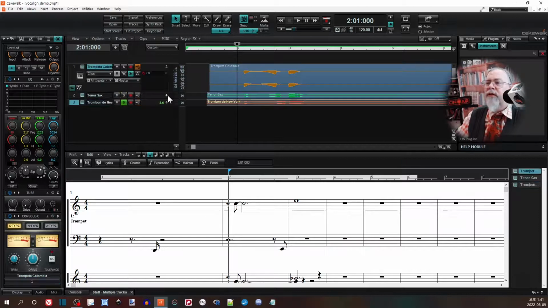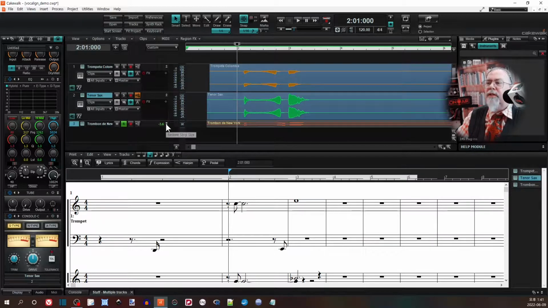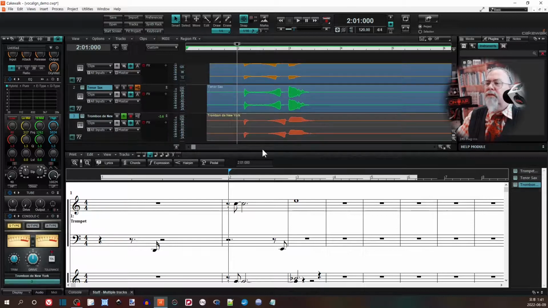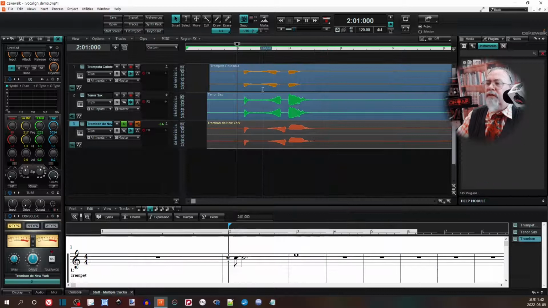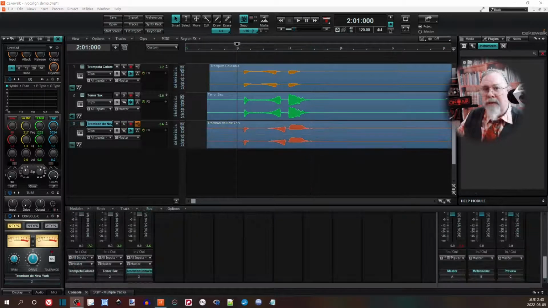And if you look at the waveforms, you can see they are quite a bit different. Now, the two notes start at the same moment, but the first one ends sooner, even though I held the key down, and you can see the trumpet has a very short fall, whereas the sax and the tenor are much more lined up. Now, when we play them all together, as you can imagine, it sounds not so good,